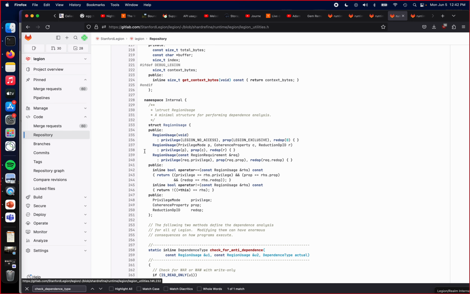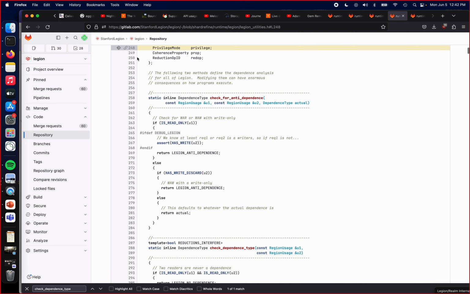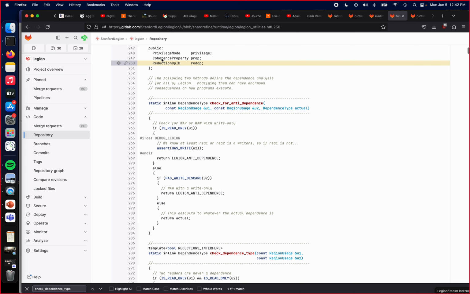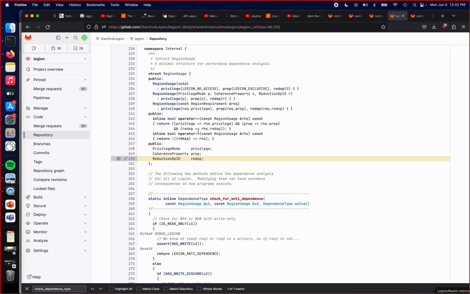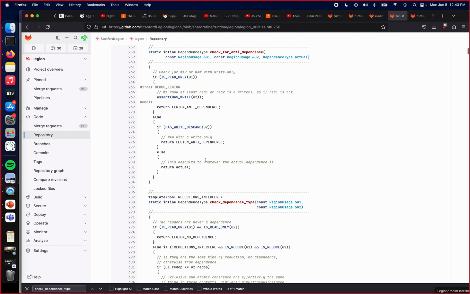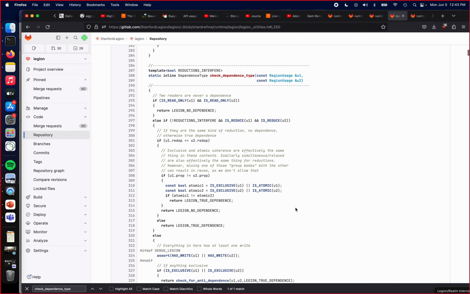This is like a little summary struct for a region requirement. And effectively, it tracks three things: your privilege mode, your coherence mode, and your reduction operation ID if you've got one. You can make one of these from a region requirement or just directly, but it's a really simple class that just tracks these three things. And it looks to see whether those three things are interfering between themselves. So this is the prior one, and this is the secondary one. So this is effectively checking to see, is there any interference between these two different kinds of region usage,